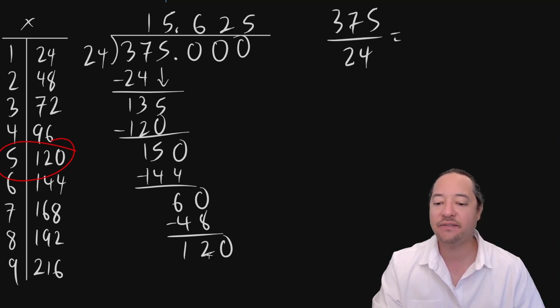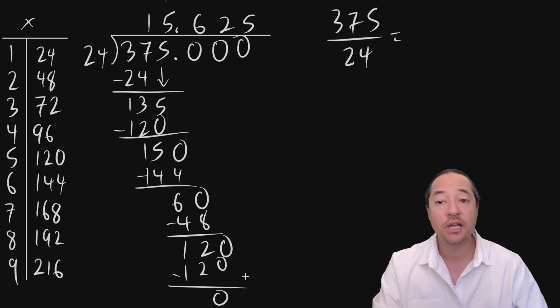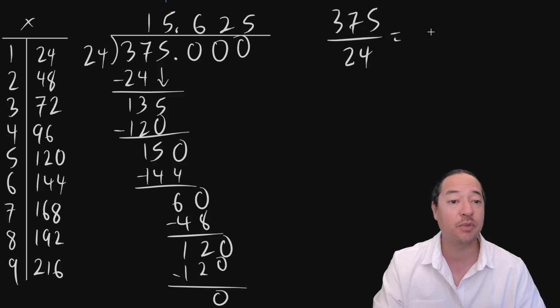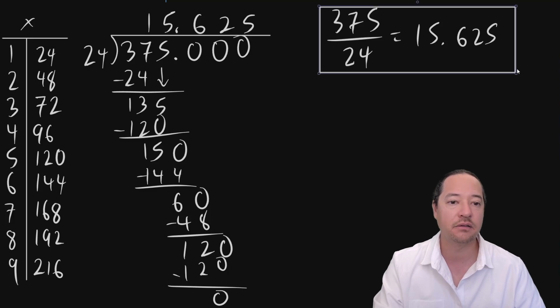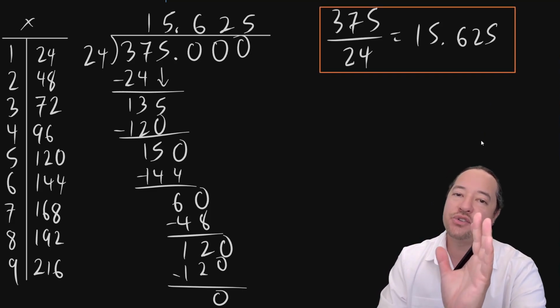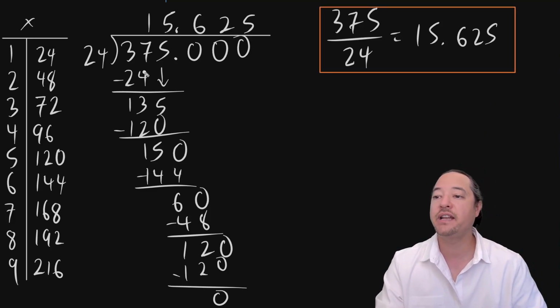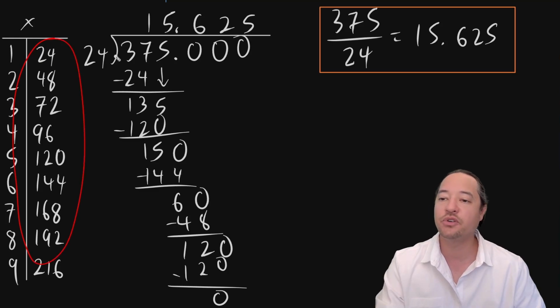So that's going to be 5 here, a 120. We subtract that away. We get a remainder of 0. So we know we're finished. Okay, so 375 divided by 24 is going to be 15.625, terminating. All right, so I just wanted to show you the utility of creating a little multiplication table here